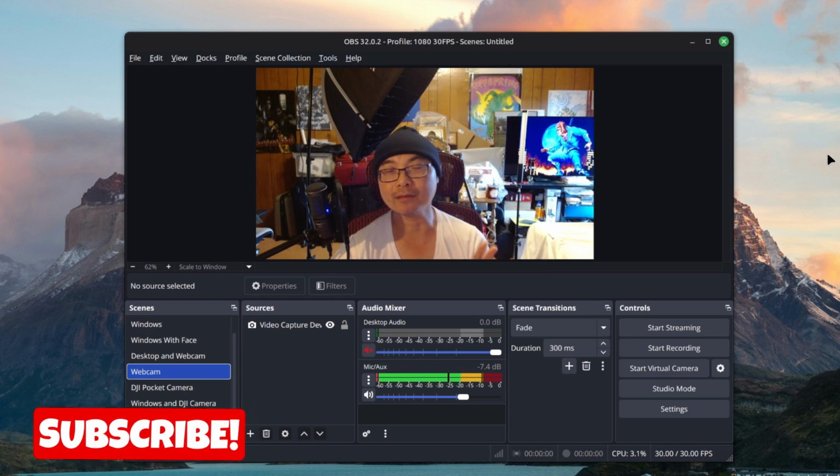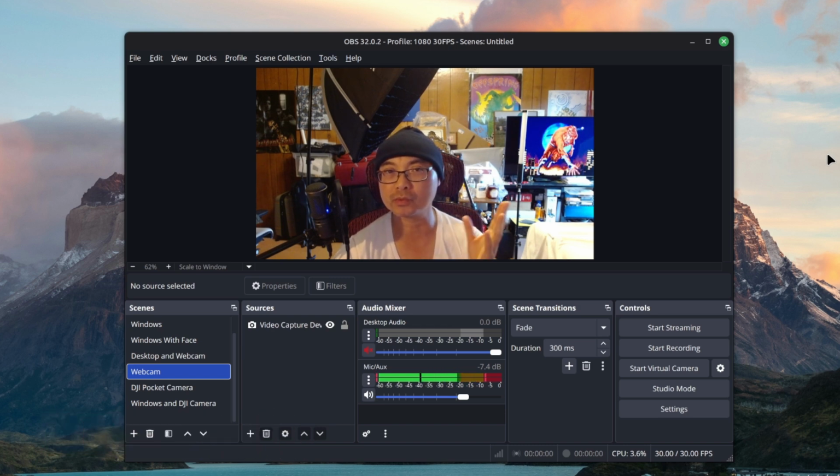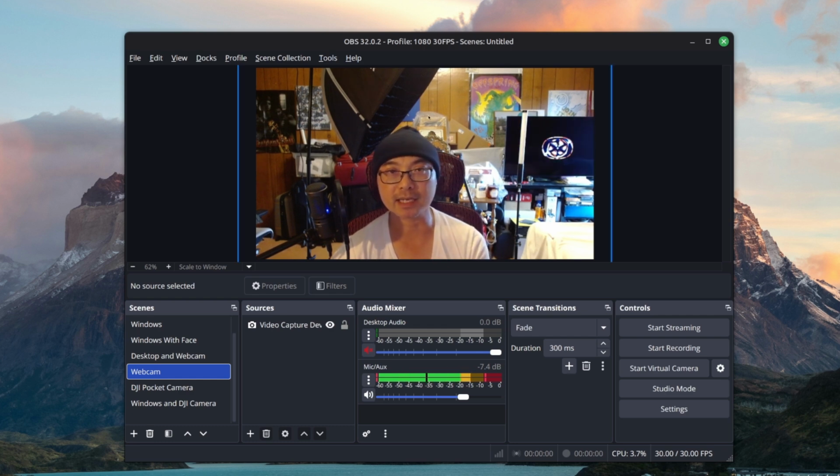Hey geeks, so today I'm going to be showing you how to set up vertical video in OBS for webcams or cameras, and I'm going to show you this through multiple steps, but overall it's going to be a very easy process. And so the first thing that you want to do is actually have a video capture source for